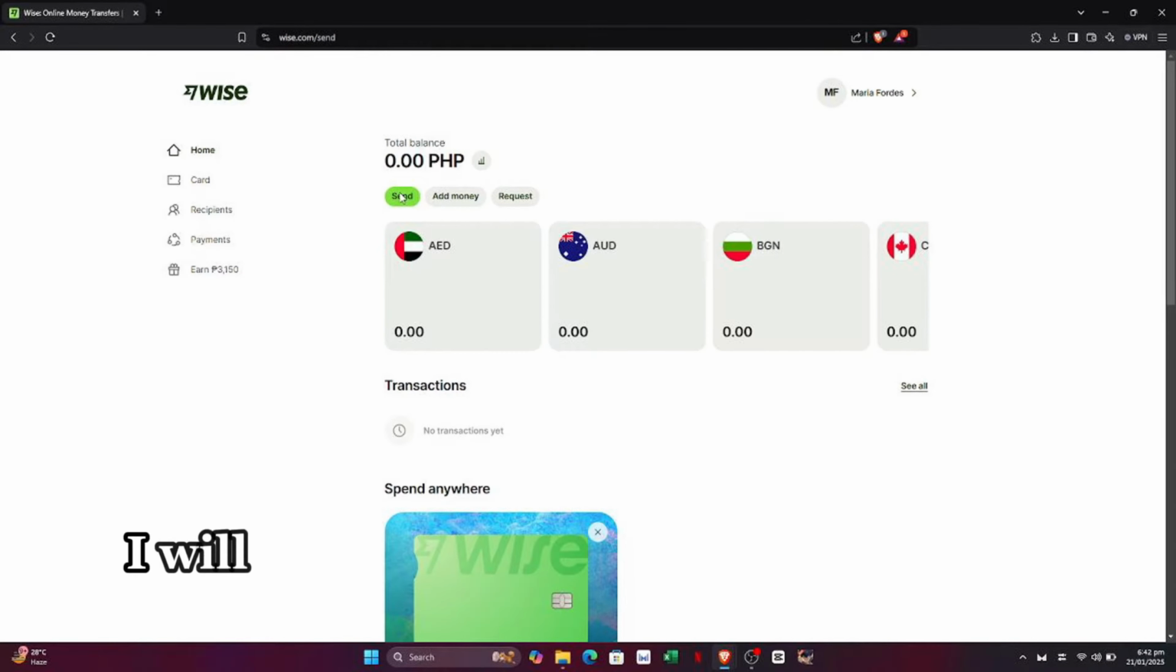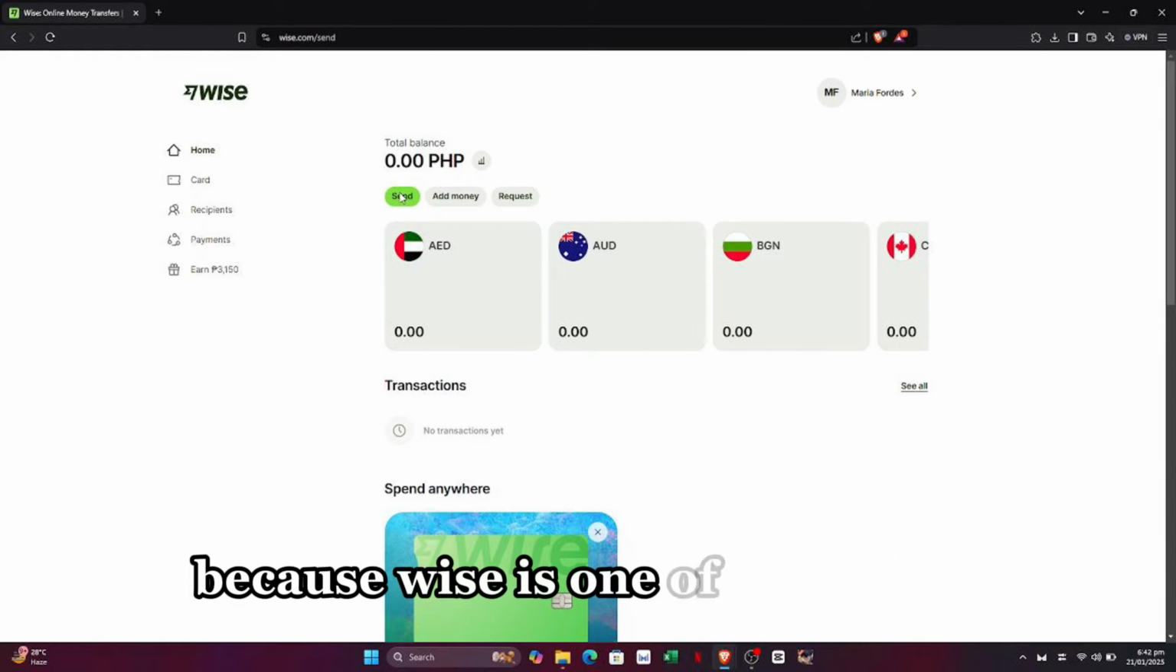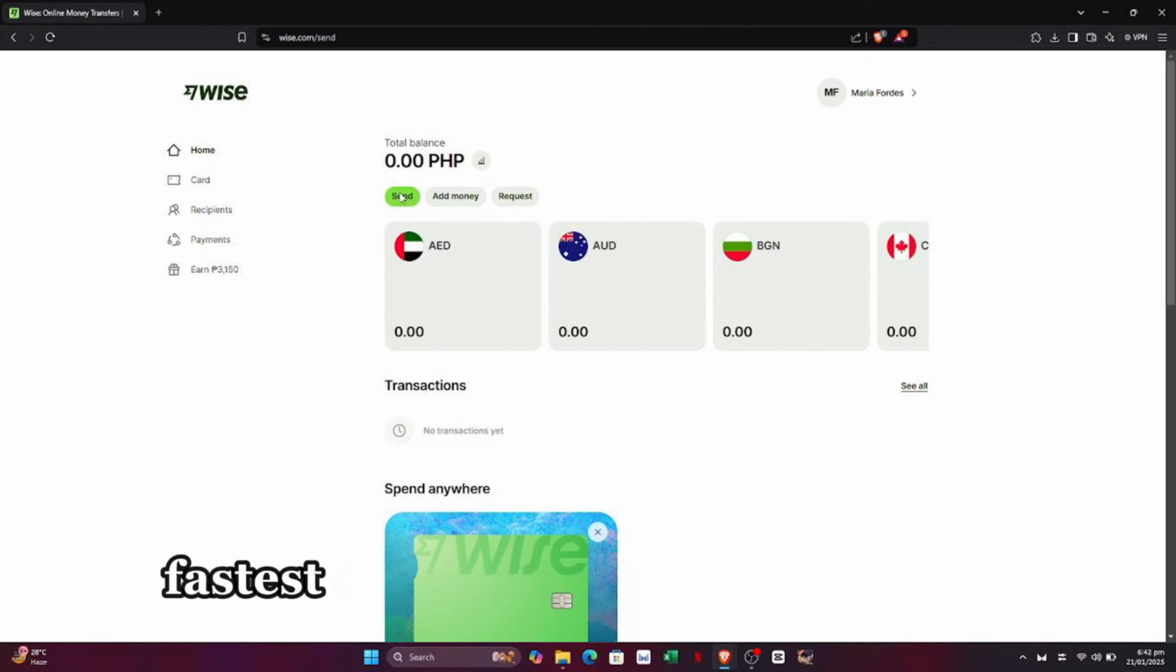In this video, I will show you how to transfer money from India to Australia bank account. So to do this, I recommend you use Wise because Wise is one of the easiest, fastest, and cheapest ways